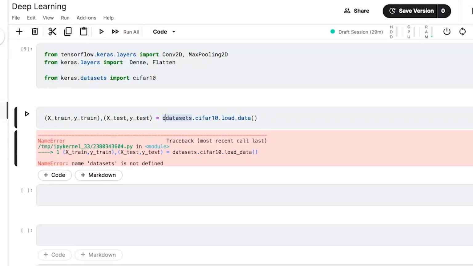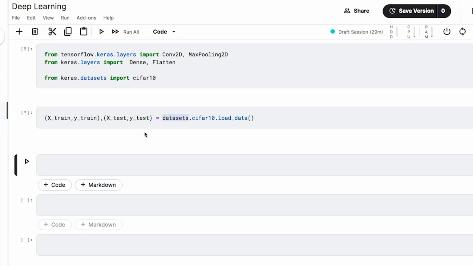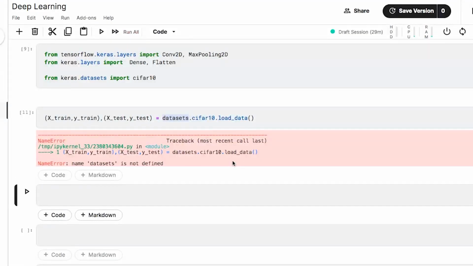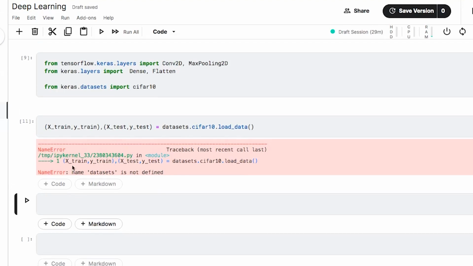Let me remove it. I guess let's see what will happen. Okay, so this is the name error. You need to understand these errors. This is the most crucial part. What you have to do, this is a name error and it is saying name dataset is not